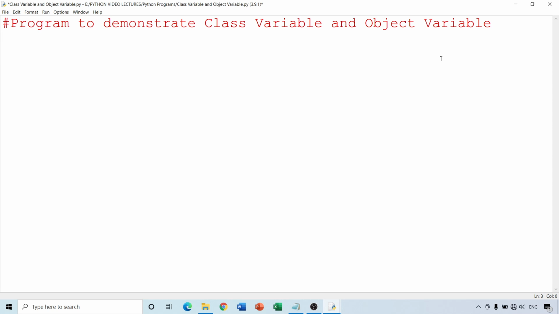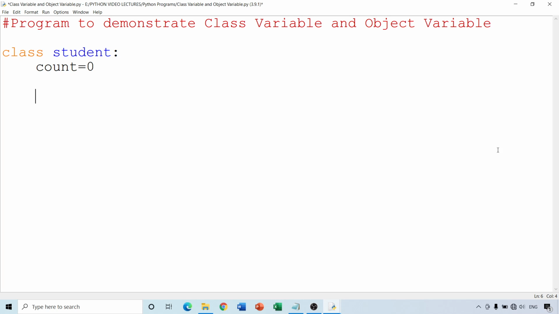As I said in the last session, throughout this study of OOP in Python, we are going to make use of the student class. So let's begin by creating the student class, Student, and first of all we take count equals 0. Now why are we taking count equals 0? What we want to do is create a list containing student names, and as the names are added to the list, the counter should be increased. As the names are removed from the list, the counter should be decreased.